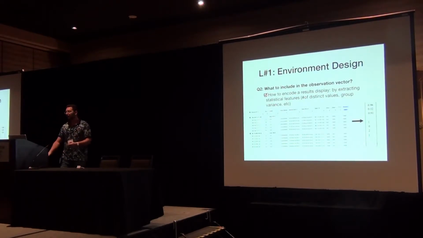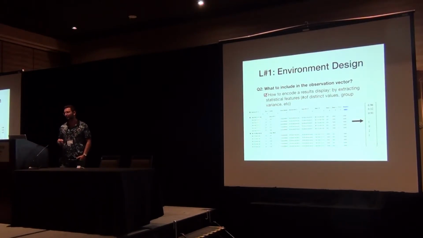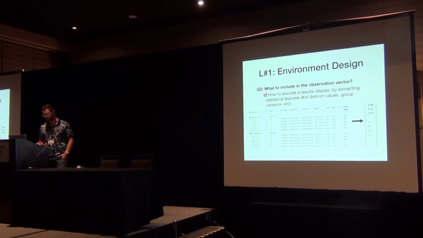And the second task was to think what kind of information to include in the observation. So how to represent the state of the EDA game to the agent. So basically we have to take the result display that can contain grouping and aggregation, etc., and construct some sort of numeric feature vector. We didn't go over the top here and just manually extracted statistical features, like the number of distinct values, and some statistics about the grouping, such as the group sizes and variance. And we ended up with a vector that somehow concentrates the information about the current result set.